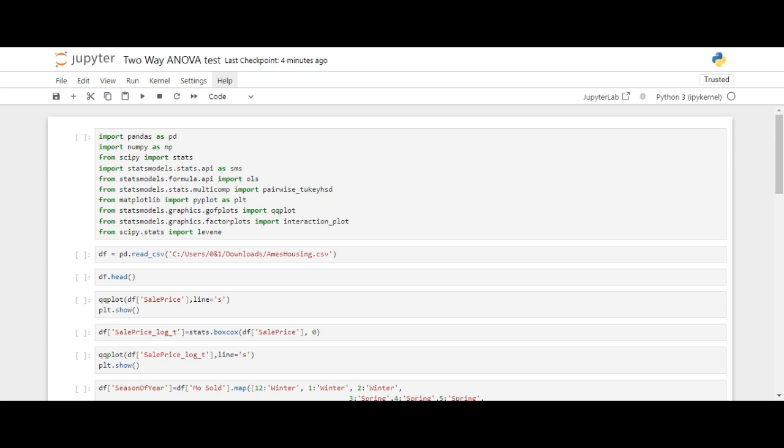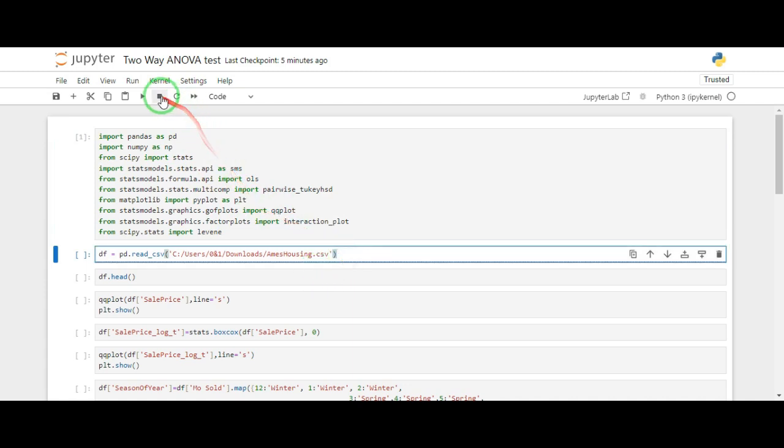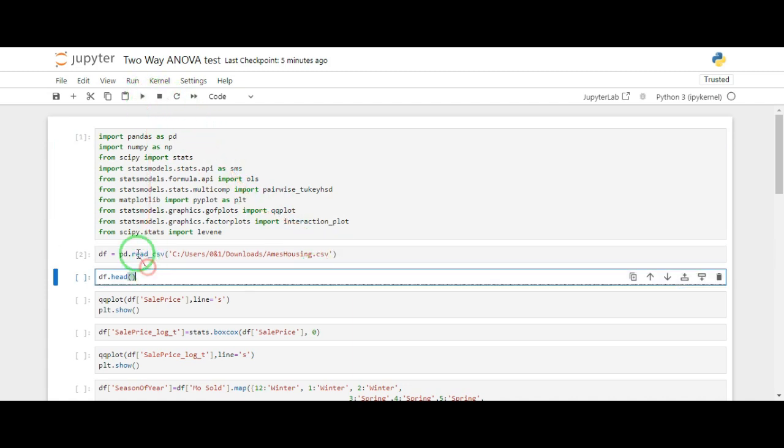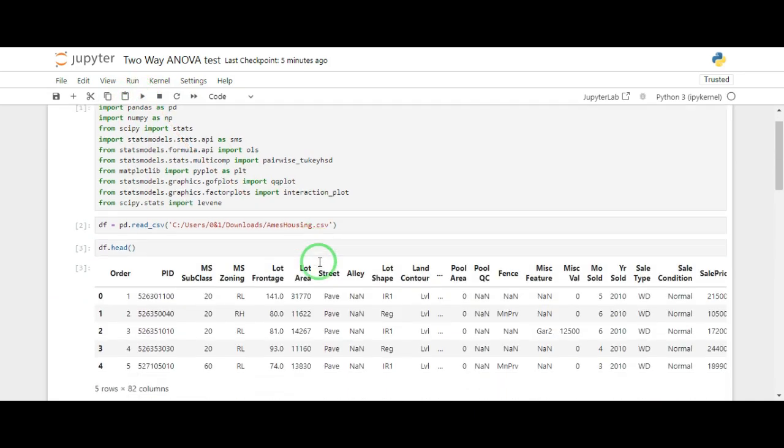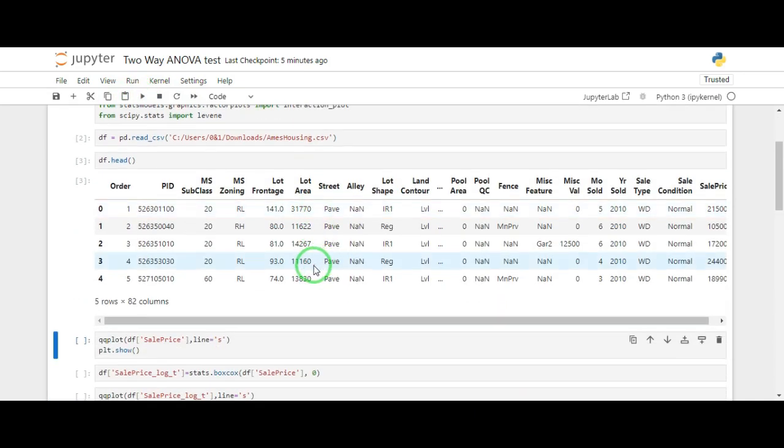So go ahead and open a Jupyter Notebook, import necessary libraries and packages. OLS is the one that we use for running the test. Pairwise Tukey HSD is for comparing levels of categorical variables, and Levene is for checking the homogeneity of variances, which is one of the most important assumptions for running an ANOVA test that we will get to later in this video. So for now, let's load the dataset, use head to see the features,